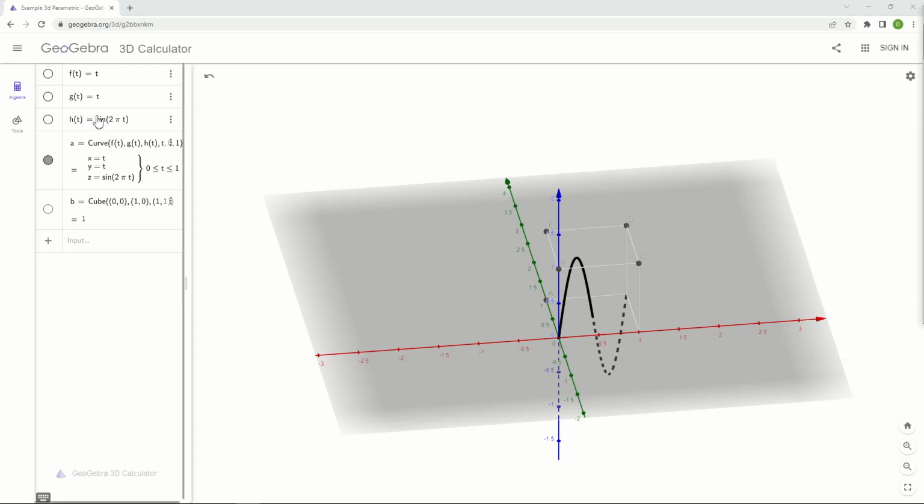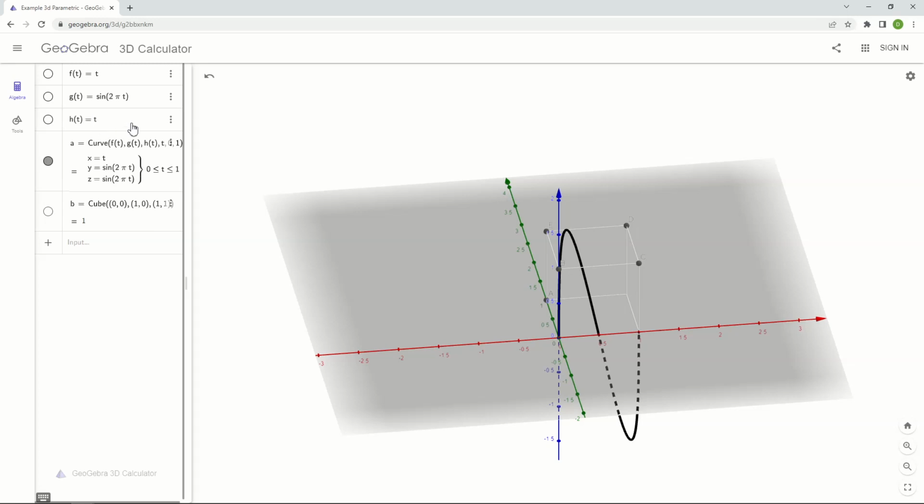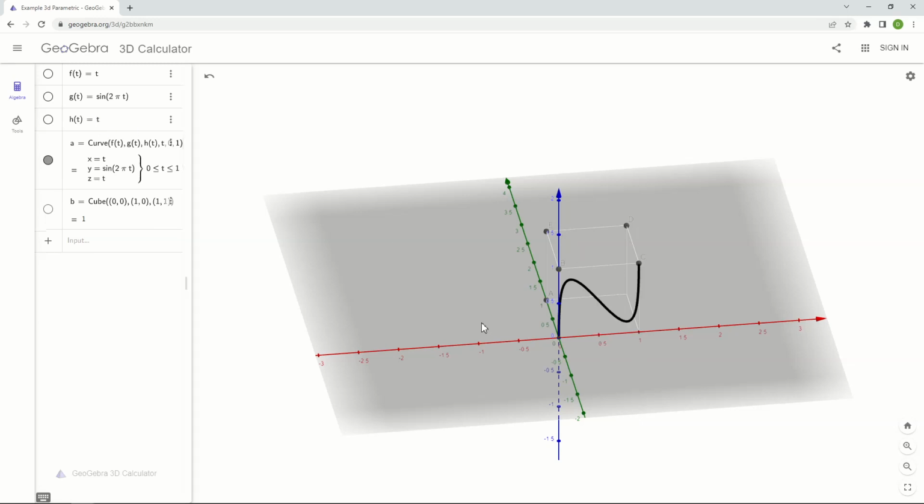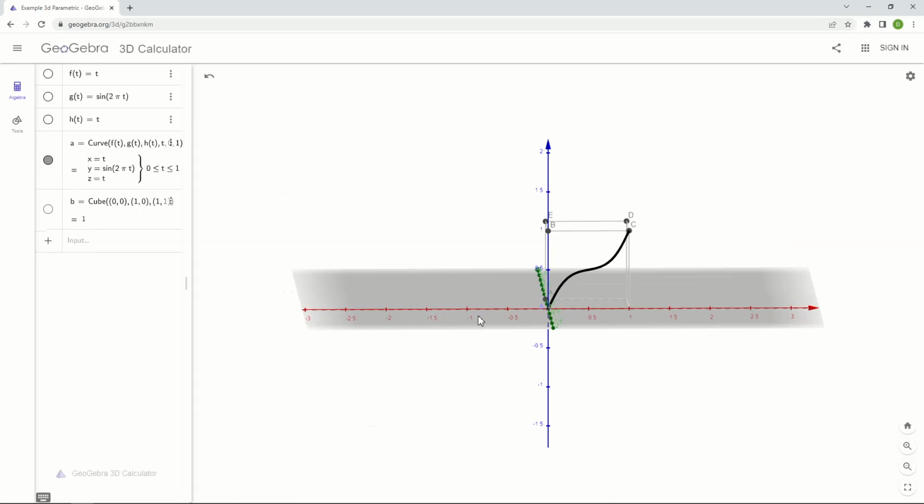Okay, video going. Let's look at number 3. So x is a function of time, it's just t. Y is going to be sine 2 pi t. And then z is going to be time. So if you look at what's happening,